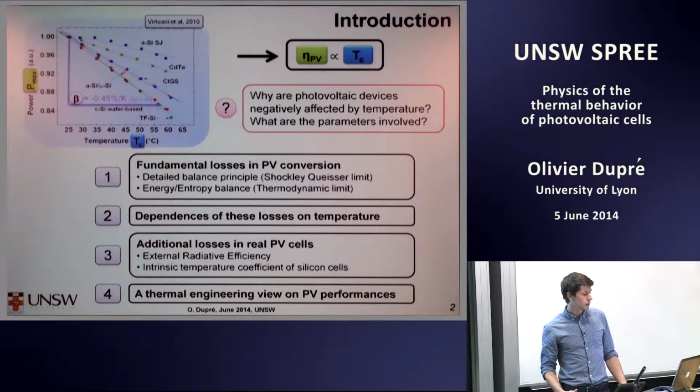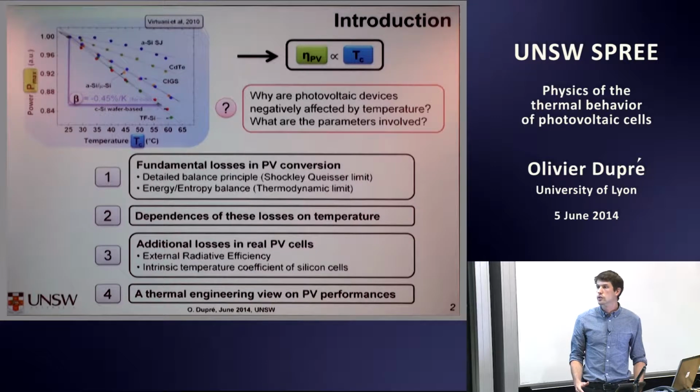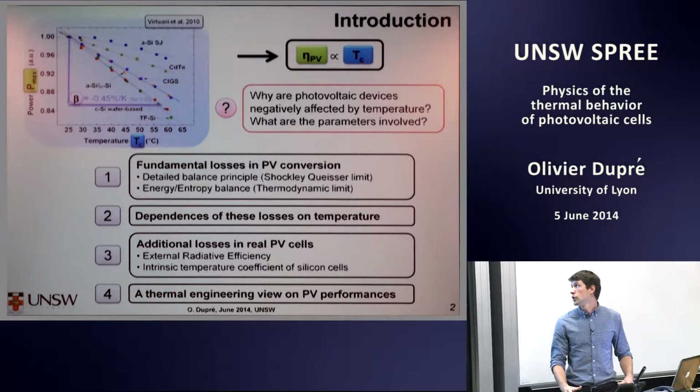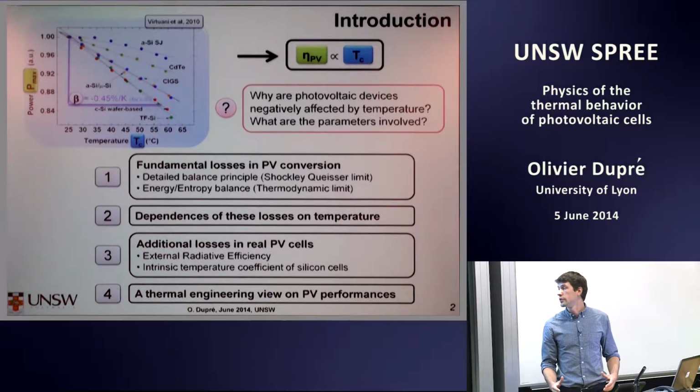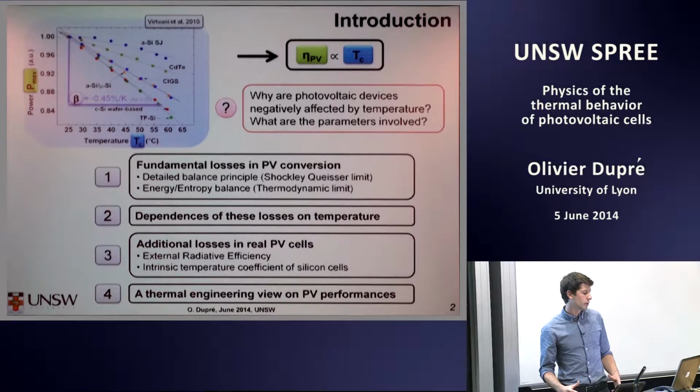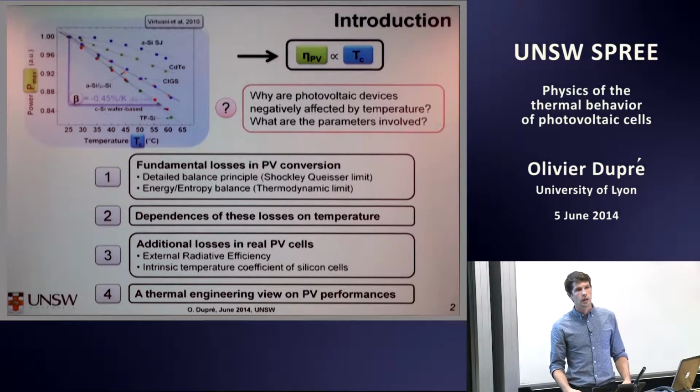To do that, we'll first have a look at the fundamental losses in the photovoltaic conversion process. We'll talk about the detailed balance principle as introduced by Shockley and Queisser in 1961. And we'll also look at the thermodynamical approach, the energy and entropy balance of the cell. Once those fundamental losses are understood, we'll talk about their dependence on temperature and investigate the temperature coefficients of ideal cells. Then we'll add to the picture the additional losses that happen in real devices, to better understand the temperature coefficient of commercial cells and what gives the temperature sensitivity of different technologies. In the end, we'll present a thermal engineering view on what we could expect from photovoltaics in the field with given